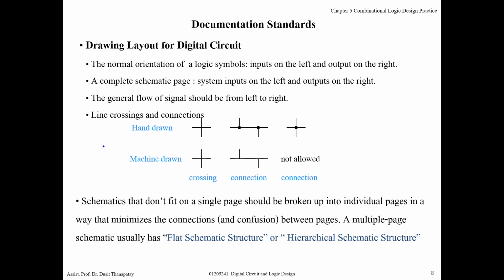But if they connect together, normally there should be a black junction, a black circle here, or maybe something like this: stop here and then stop here. When you add a circle here, it shows that they are connected together. But for a machine it's not allowed, so if we want to connect, normally just like this one.